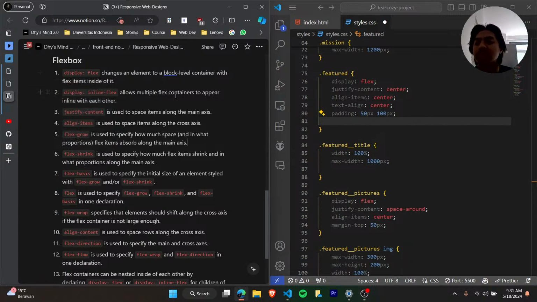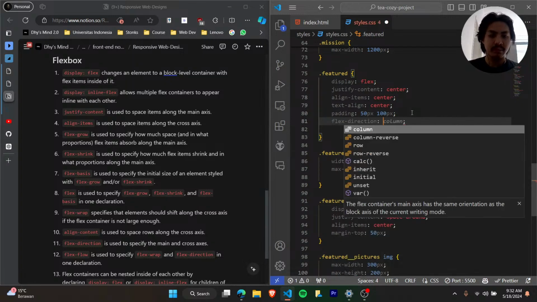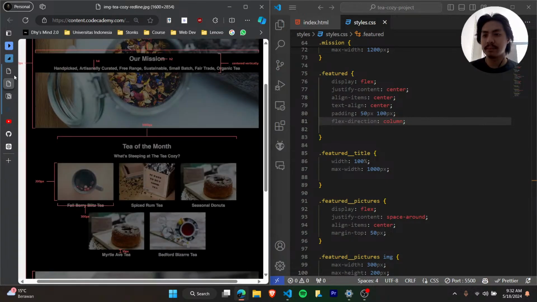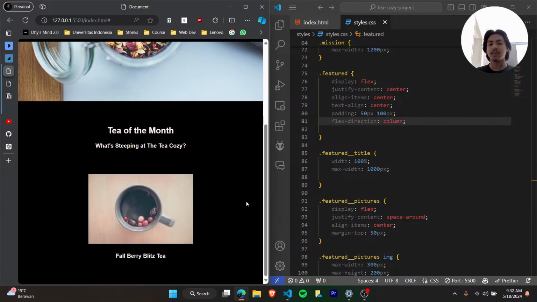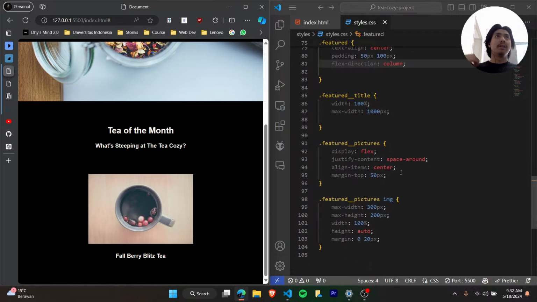We want it to set the line items. It's the flex direction, right? Want it to be column. Yeah, okay, that's what we want. The flex direction is column because the original is row and